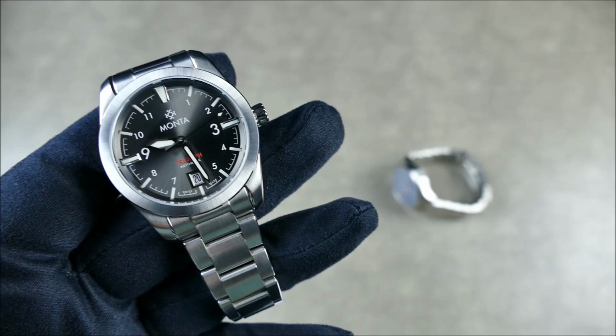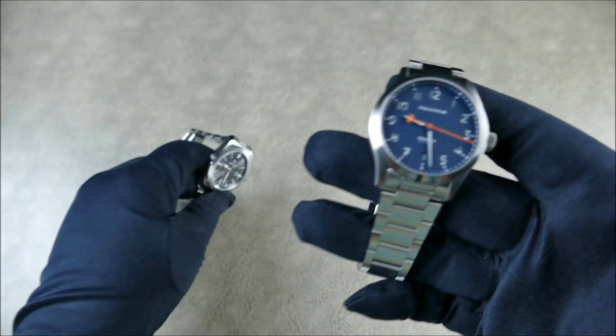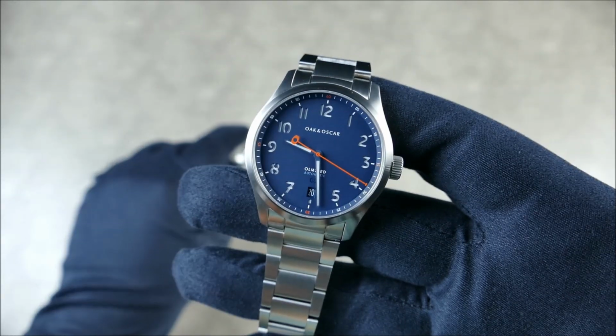But really, I think that's where the big difference in approach is, because when you look at Oak and Oscar, they're not really trying to do